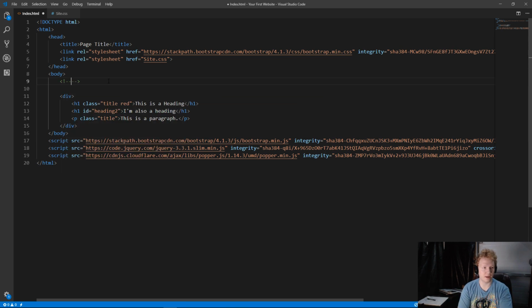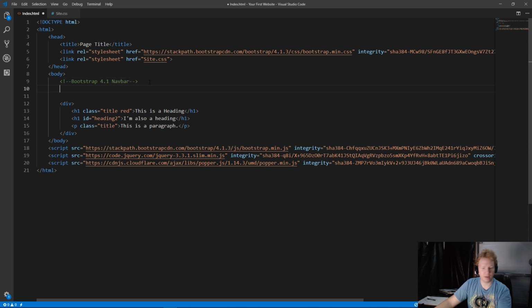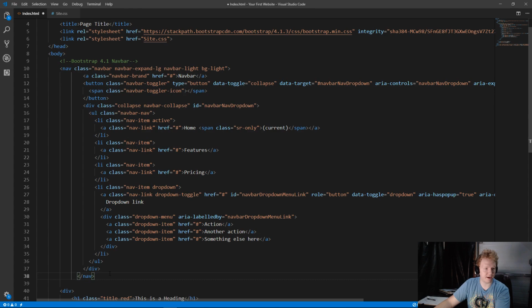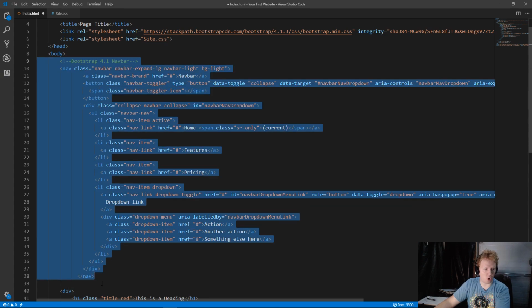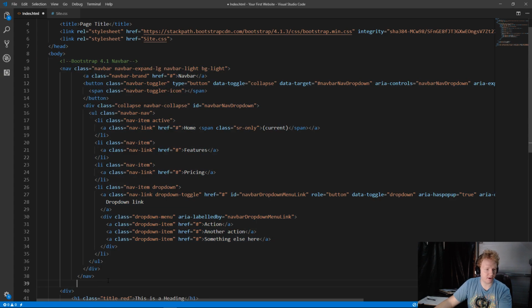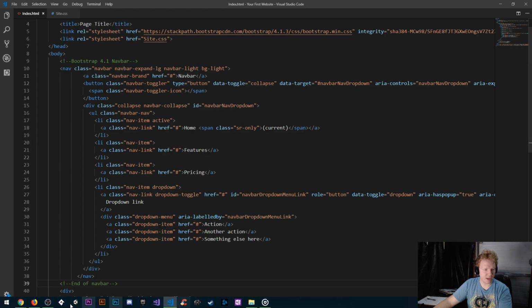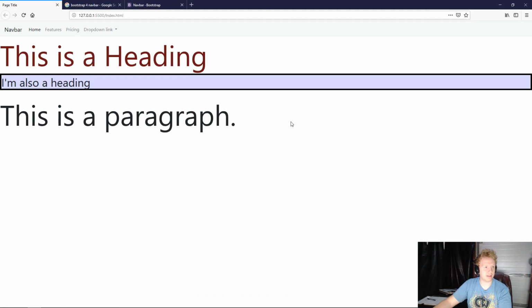So we're going to say Bootstrap 4.1 Navbar. And then I'm just going to paste that inside of there, and that gives us all of that stuff right there. I'm going to go ahead and put another comment right there just to have it be isolated and we know exactly where it's at. So I'll save that, and then we can view how that looks on here. So that gives us a navbar for our website. Now, none of it is functioning yet, but